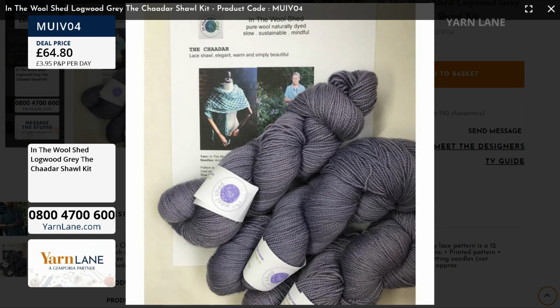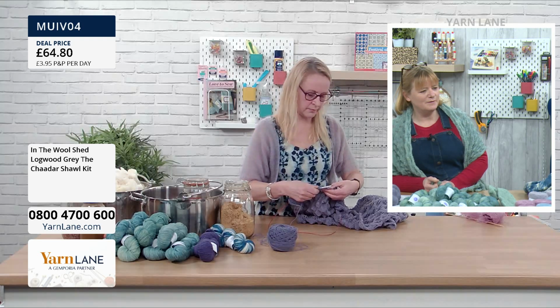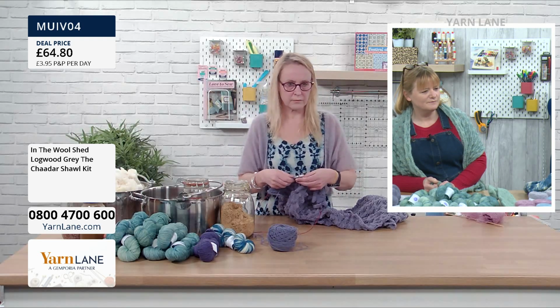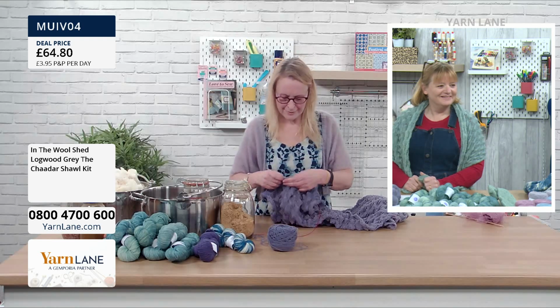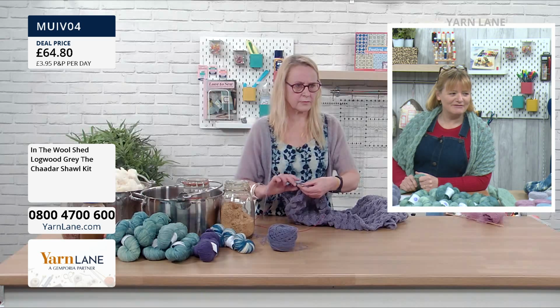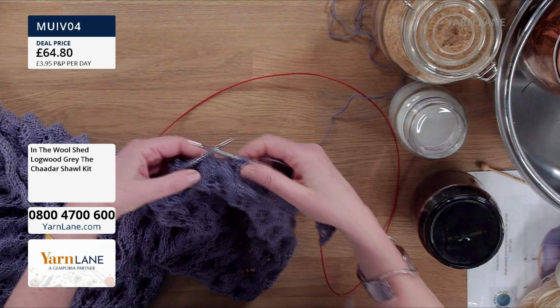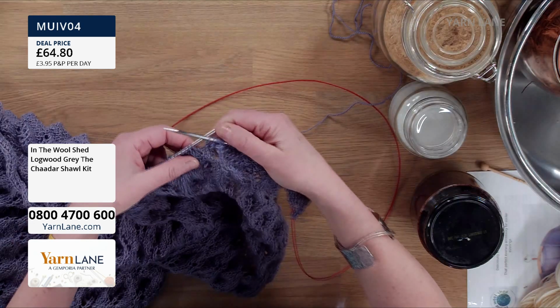Am I in the right place? Right a bit maybe. You're sort of under a graphic. Perfect, there we go. You have to try and knit and see where the graphic is. It's very complicated. Right, so I'm going to start the pattern